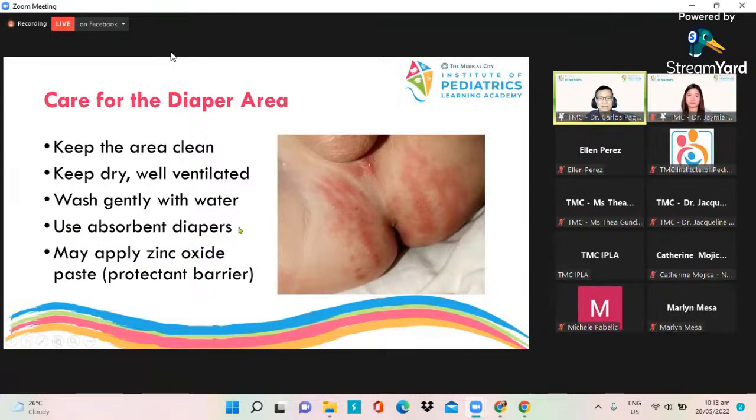What is the best diaper to use? You know, I use the term super absorbent diapers. What are super absorbent diapers? Kapag pumupunta kayo sa supermarket, tignan nyo yung mga diapers na may gel sa loob. Yung kapag nabasa, tumataba, may malambot na gel. Those are super absorbent diapers. There are even, in fact, some already with protectants and emollients na naka-coat na sa lining ng diapers.